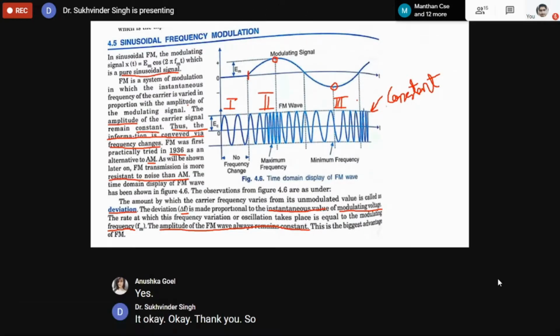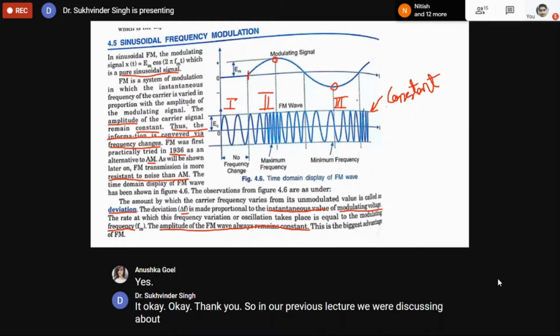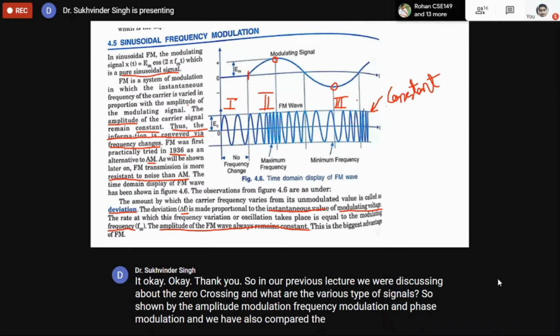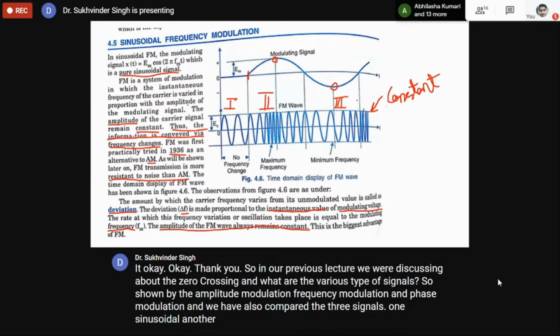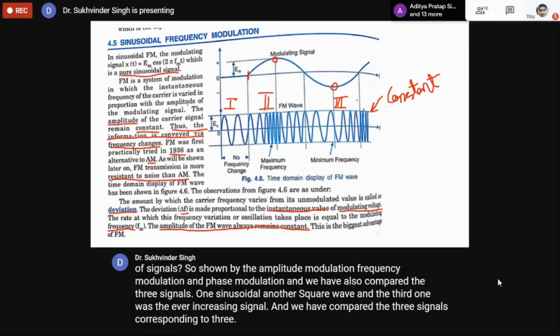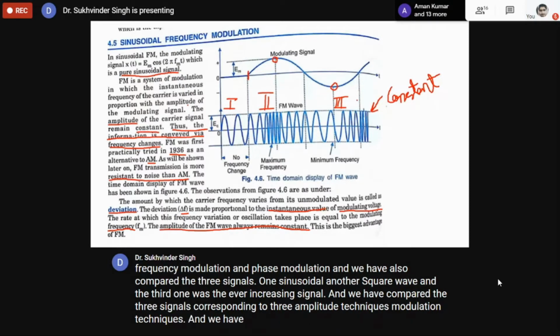So in our previous lecture, we were discussing the zero crossing and the various types of signals shown by amplitude modulation, frequency modulation, and phase modulation. We also compared three signals: one sinusoidal, another a square wave, and the third an ever-increasing signal. We compared them corresponding to the three modulation techniques, and we discussed that the zero crossing